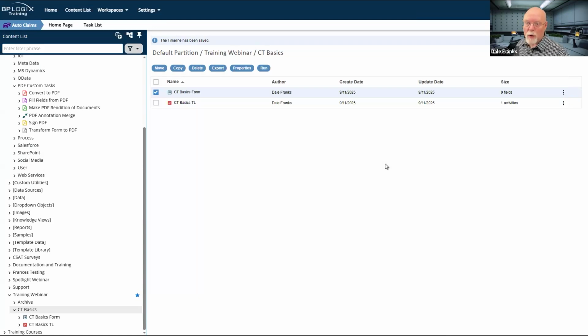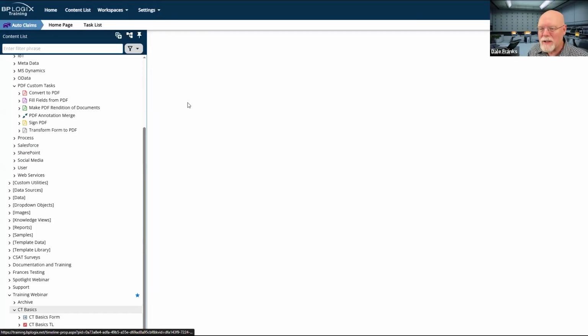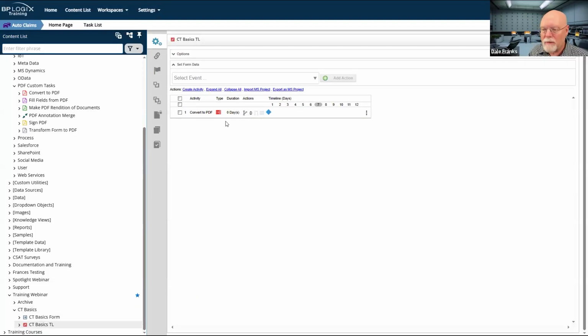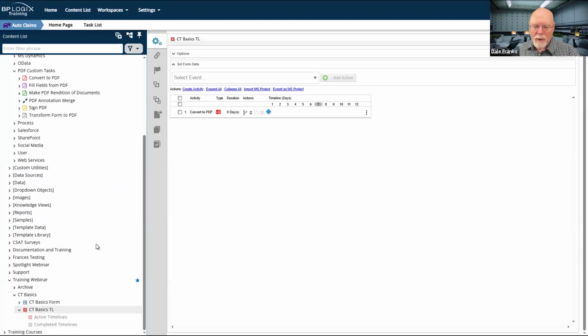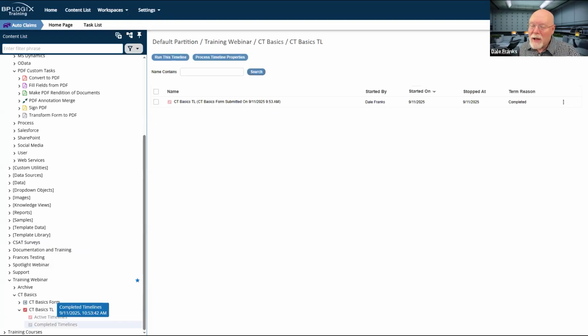And the reason that super long wait occurred is when I submit the form, the very next step that occurs, the only step in this process, in fact, is convert to PDF. Now, it wasn't too onerous just now because, quite honestly, there's really nothing to convert. I've converted a blank form. But what if I had a whole bunch of images and documents and all sorts of other things, like a 150-page Word document, and that needed to be converted to PDF, along with many images or what have you? That's going to take a long time.